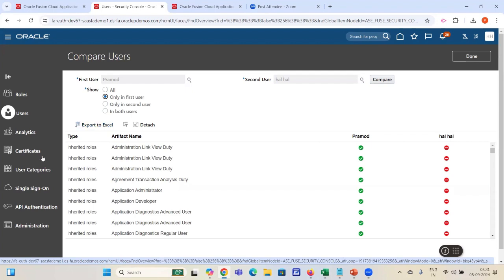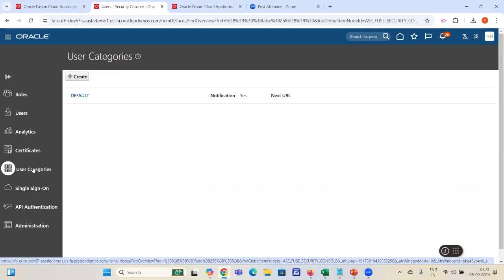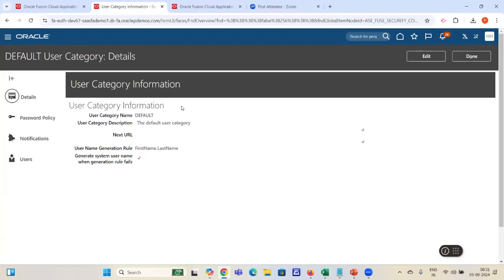Okay. Now user categories. I'm going to click on this. If you see here, when you created a custom role, it was giving some sort of suffix GSC. That is where it comes from in this setup. Okay. Now, if you click on the details, user category default,